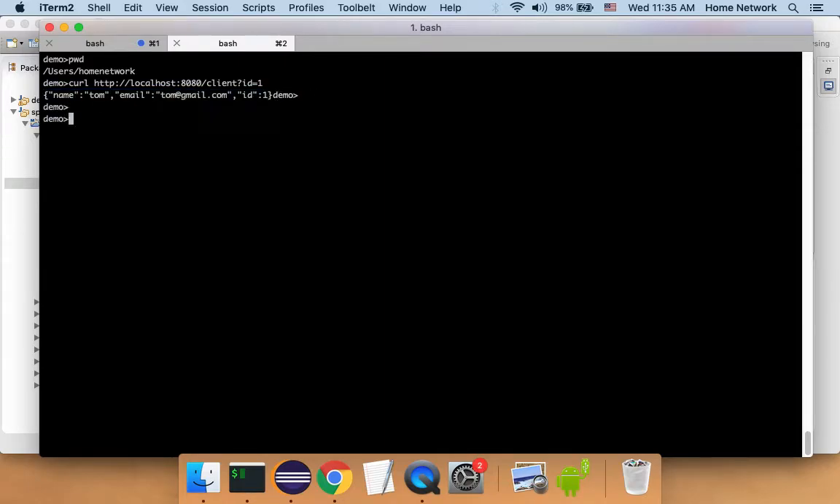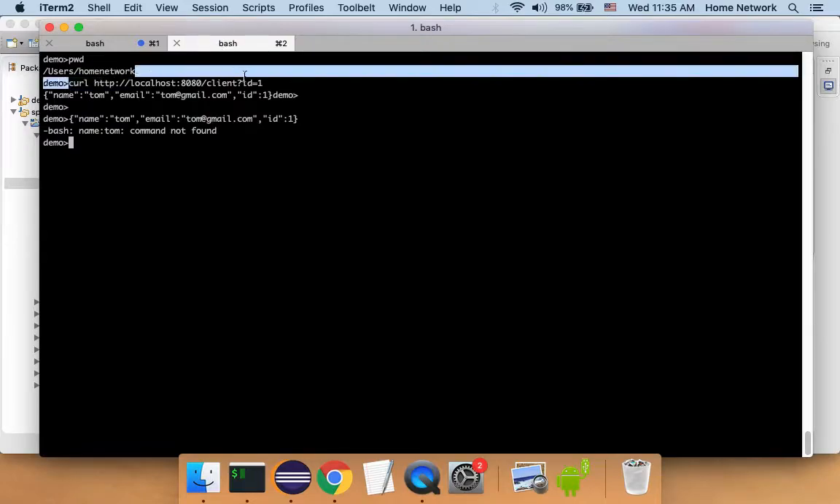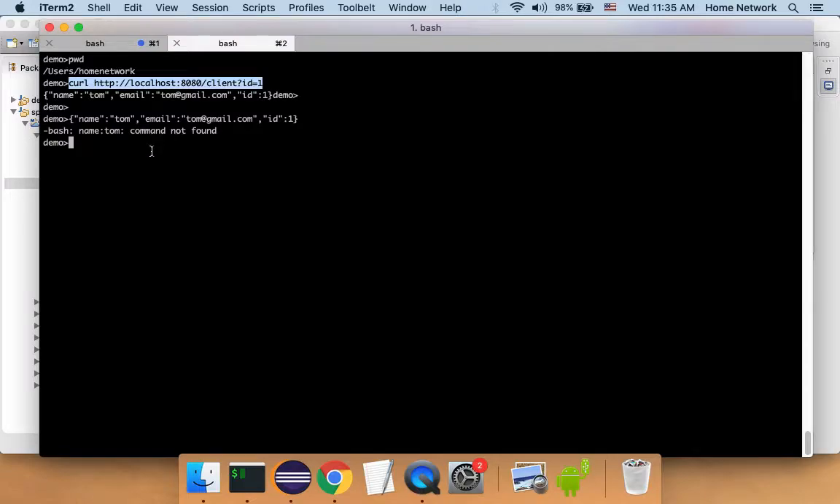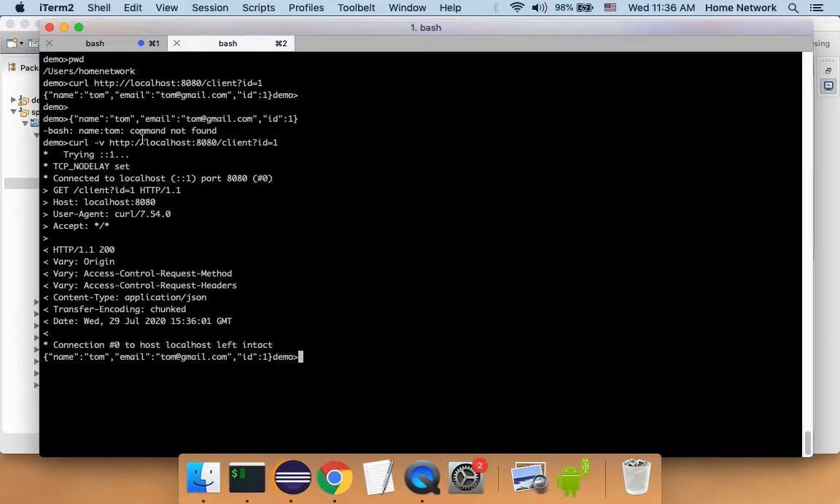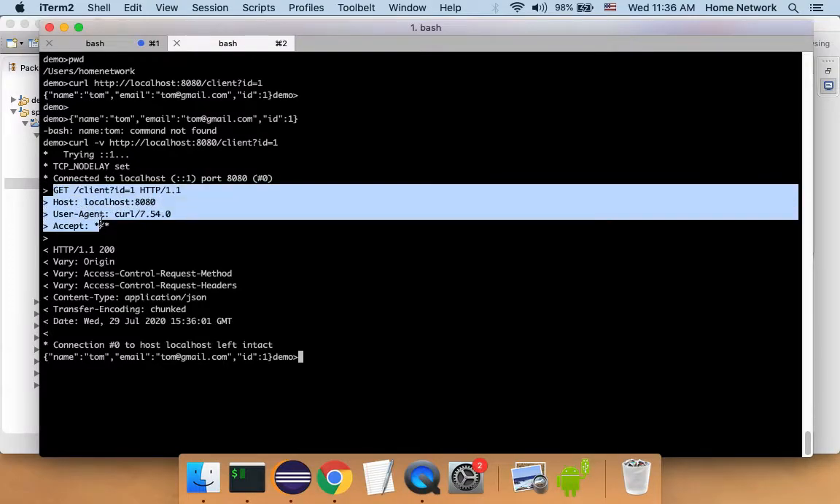And the reason we are using curl is because the curl command could possibly reveal more about the HTTP request response process. So here is a curl command. Let's do a verbose mode, and you see in this case the curl command prints us the exact HTTP request